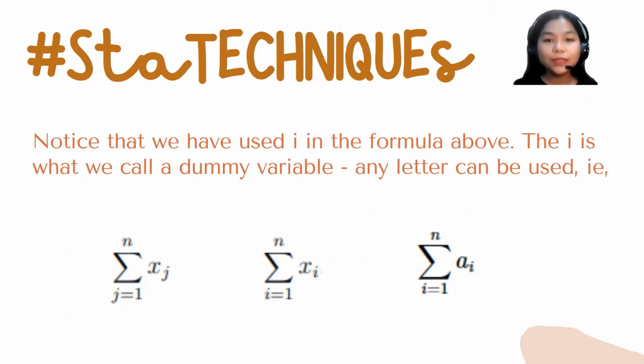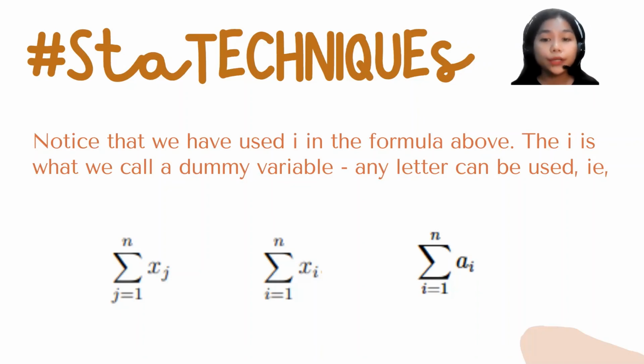Notice that we have used i in the previous formulas, right? The i is what we call only a dummy variable. Any letter can be used. For example, summation of xj as j goes from 1 to n, or summation of xi as i goes from 1 to n, or summation of ai as i goes from 1 to n, or summation of zn as n goes from 1 to n,